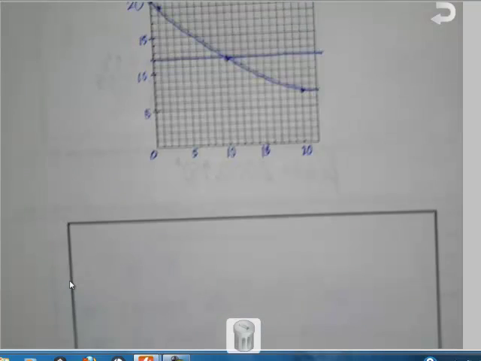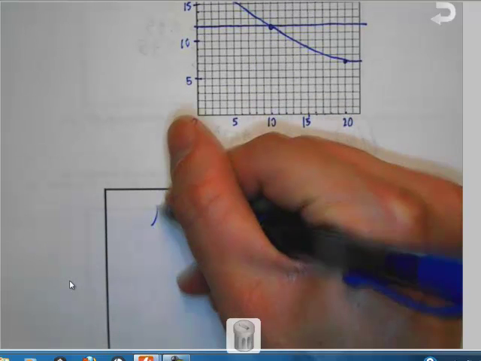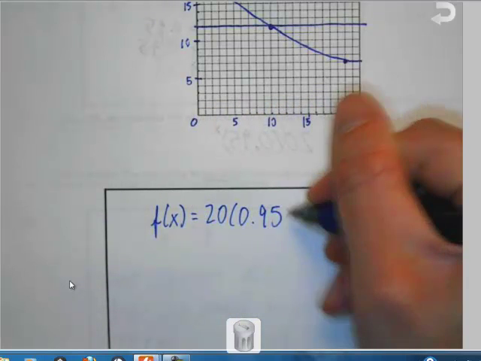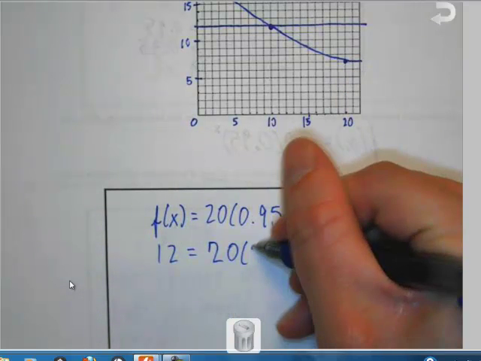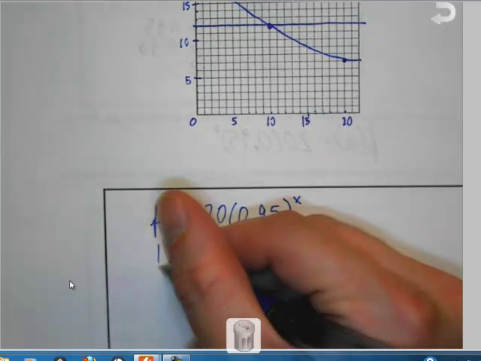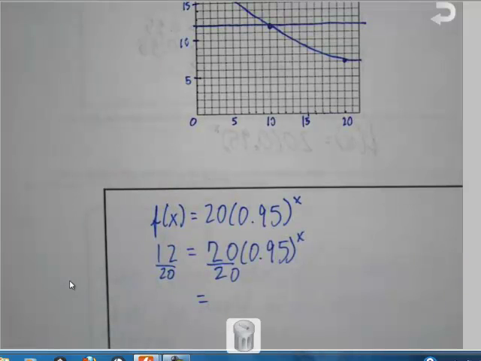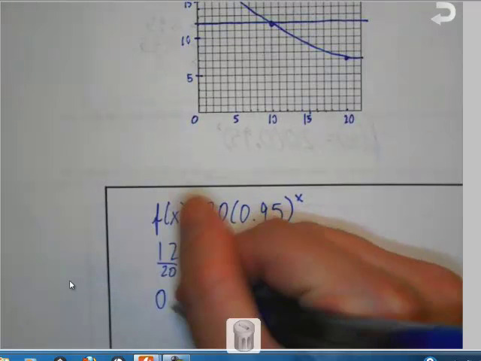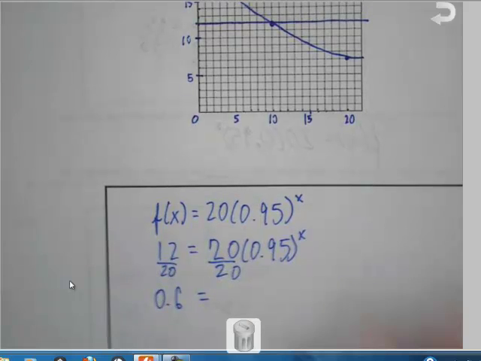Now the algebra behind it was, shall we say, just a little bit more fun. We had our f of x is equal to 20 times 0.95 to the x, and we set that equal to 12. Well, 12 is 20 times 0.95 to the x. We're going to divide both sides by 20. And so now we've got 12 over 20, which is the same as 6 over 10, which is 0.6, is equal to